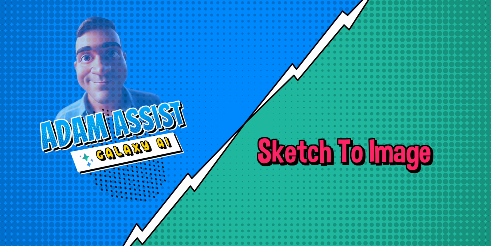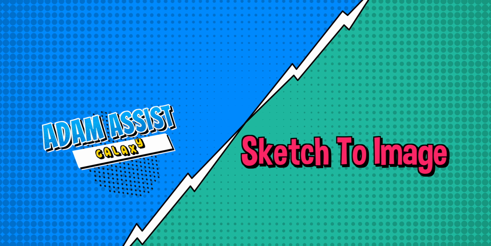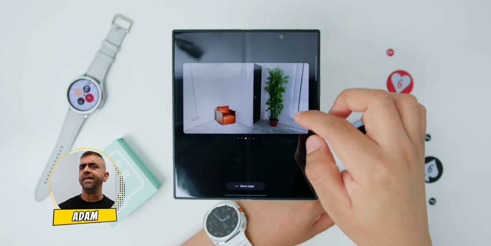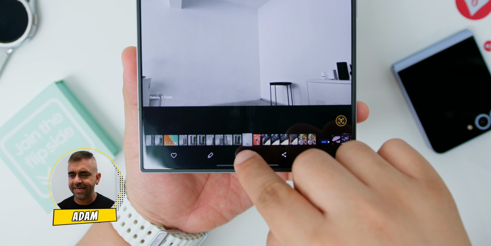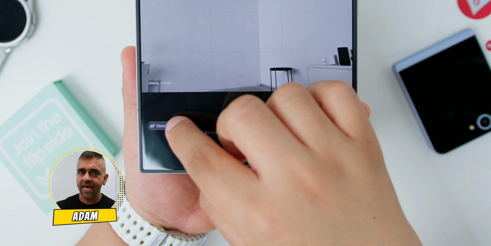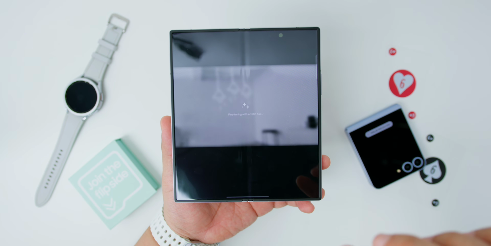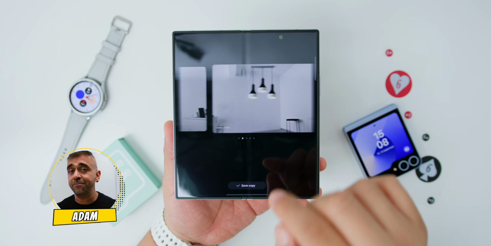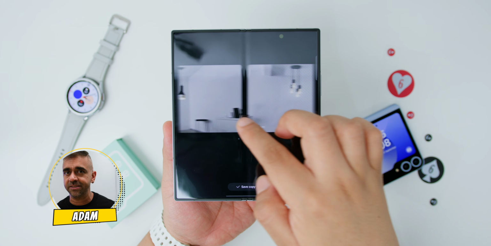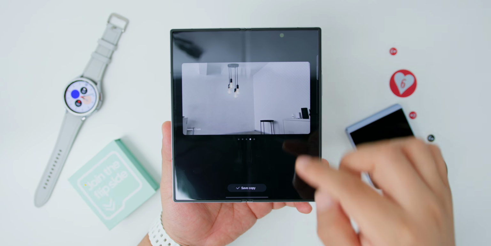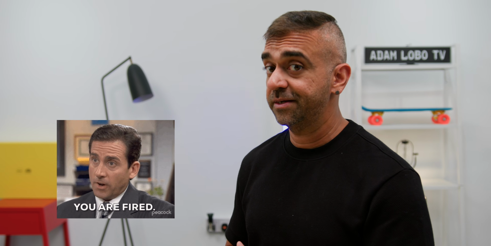By now I'm sure you've already heard of sketch to image, right? Where you can turn simple sketches into stunning images. Well, if not, let's try that. So let's say you want to see what a particular area of your home looks like with a ceiling light. Well, after taking a picture of that area, tap the Galaxy AI icon at the bottom and then select Sketch to Image. Sketch roughly on how you want the lamp to look and hit Generate. And snap! Galaxy AI transforms your simple lines into real-life images where there'll be 4 different options to choose from. So yeah, this means that you can be super creative and say bye-bye to your interior designer.